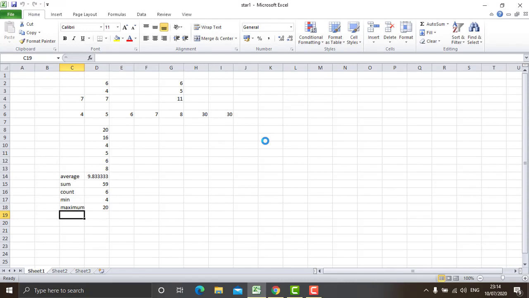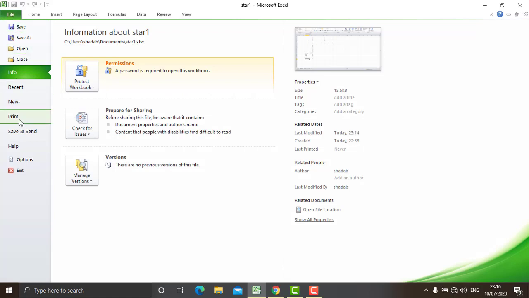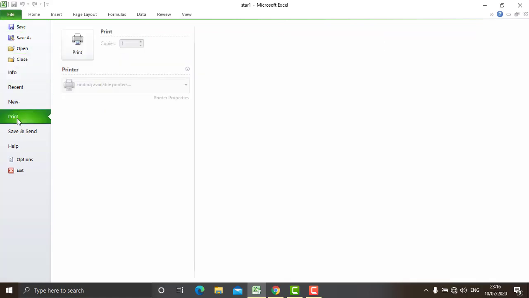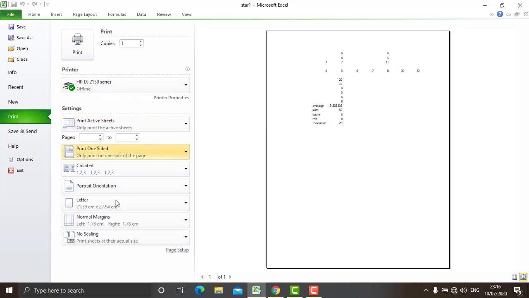The password is correct and the file is open. So you can see that the person who knows the password, only he or she can access the file. Nobody else can access the file. Once the workbook is created, content is typed, and calculations are done, if you require a printout, the process is the same as for all other documents: we click on File and from File we click on Print. As we click on Print, a number of options come up.